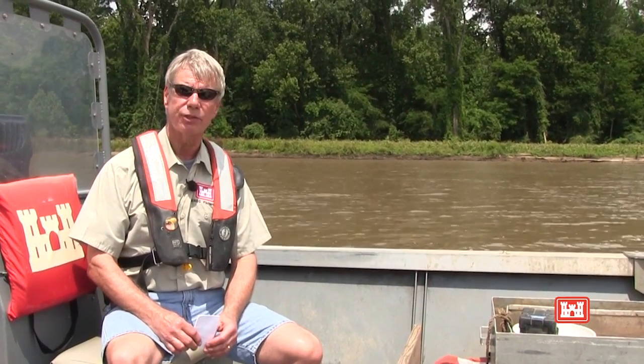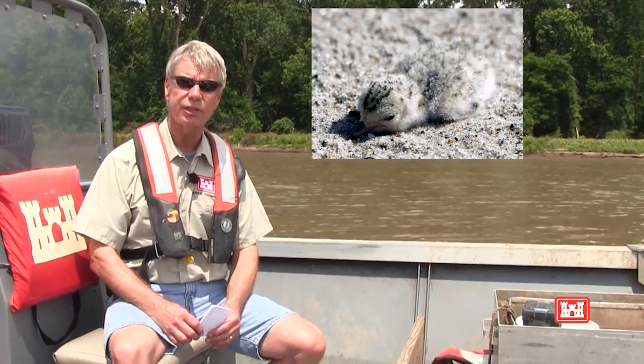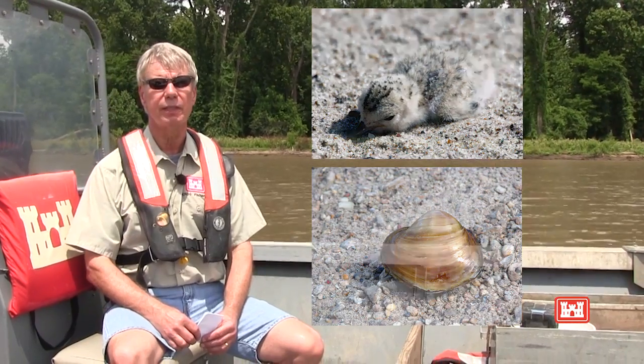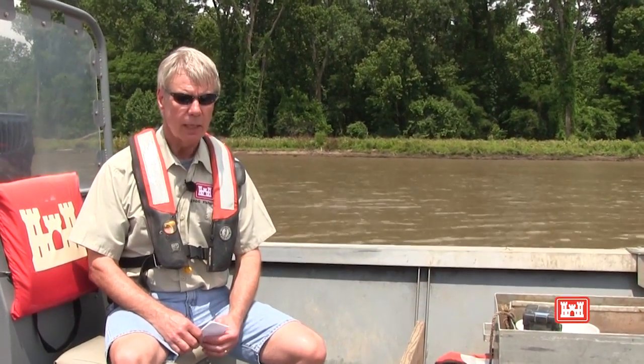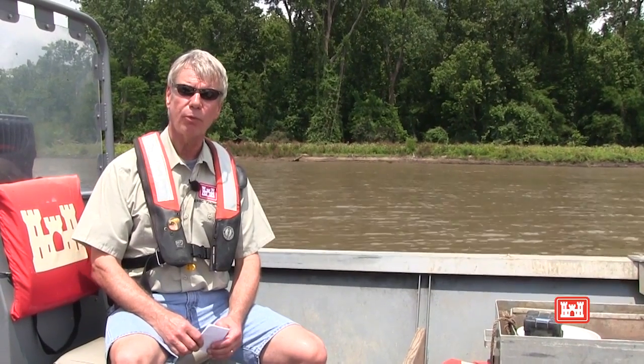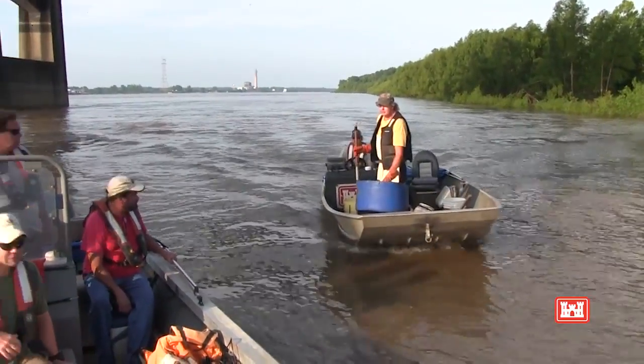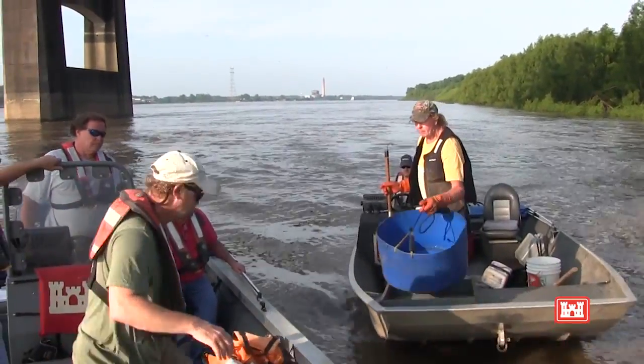Not only the pallid sturgeon, but we also have the least tern and the Fat Pocketbook mussel. So we covered all three of those species in the conservation plan. We then presented this conservation plan to the Fish and Wildlife Service formally, and they issued a biological opinion and incorporated the conservation measures that we all agreed upon based upon the 10 years of research that we did. And the Corps now has an agreement to continue to monitor pallid sturgeon, which is what we're doing today,